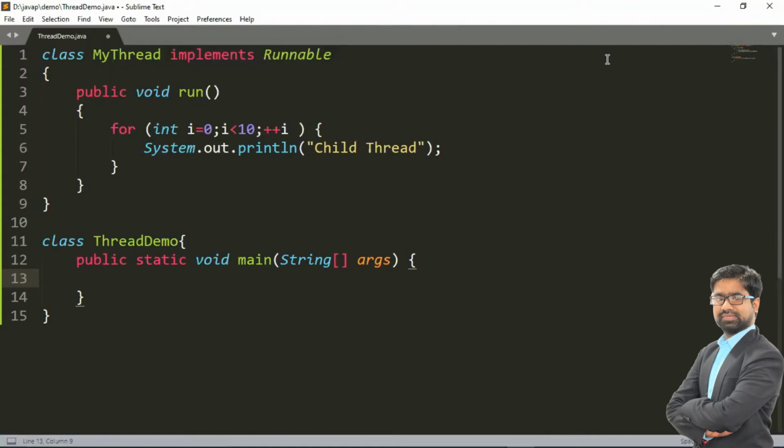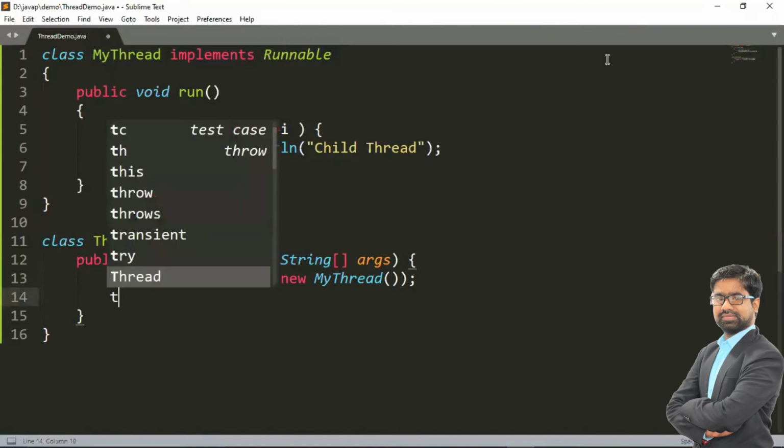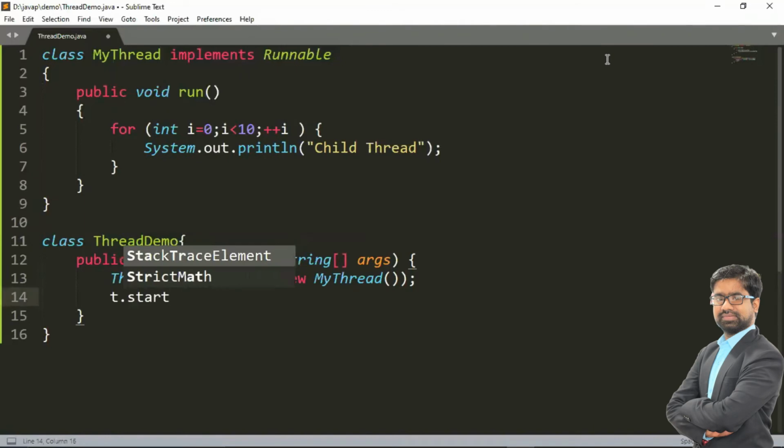So Thread t = new Thread, and we have to pass an object of MyThread here. Now I have created the object t, and we can call the start method.